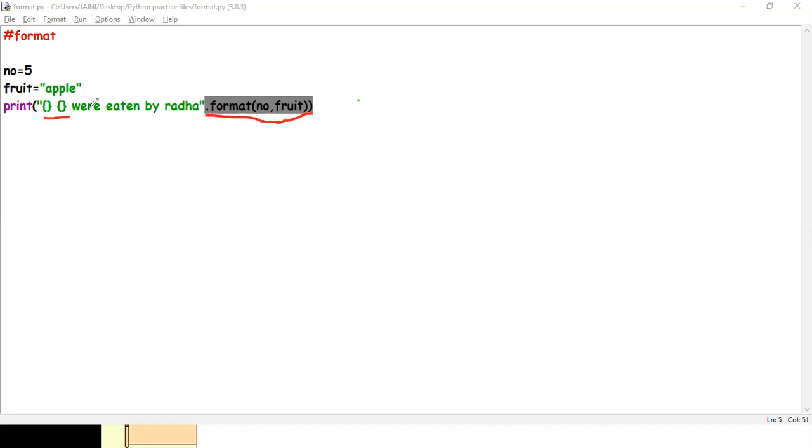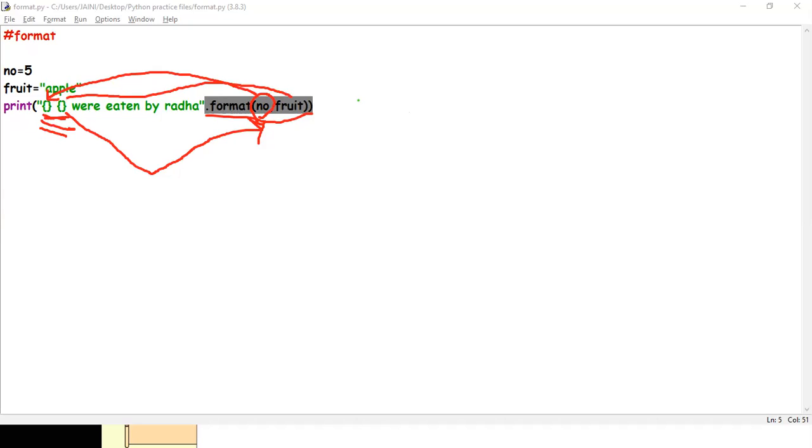Inside my string, I have used these brace brackets because I mean to tell the computer, the Python interpreter, that in place of these, I will give you values. And what values I will give will be mentioned here in the format function. So technically, whatever I write first will go in the first placeholder. Whatever I write second will go in the second placeholder.